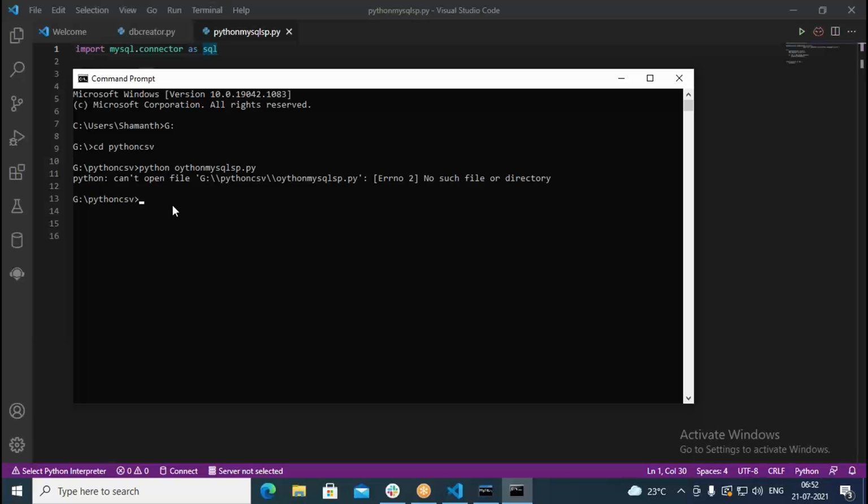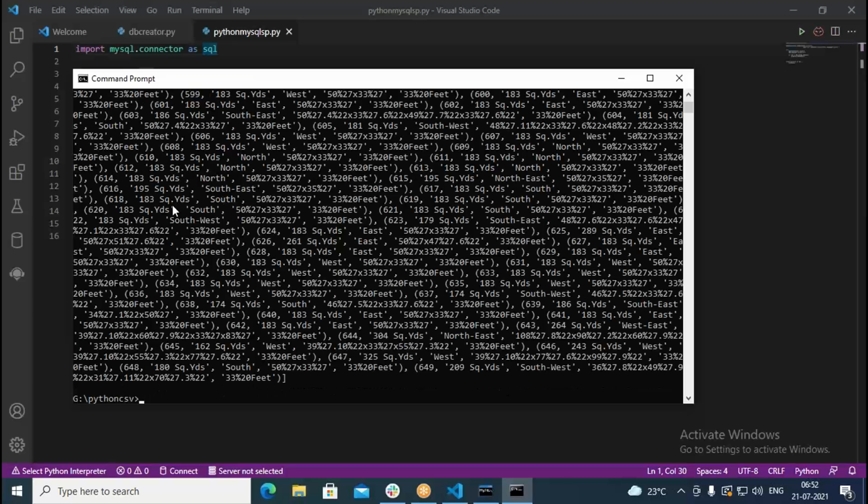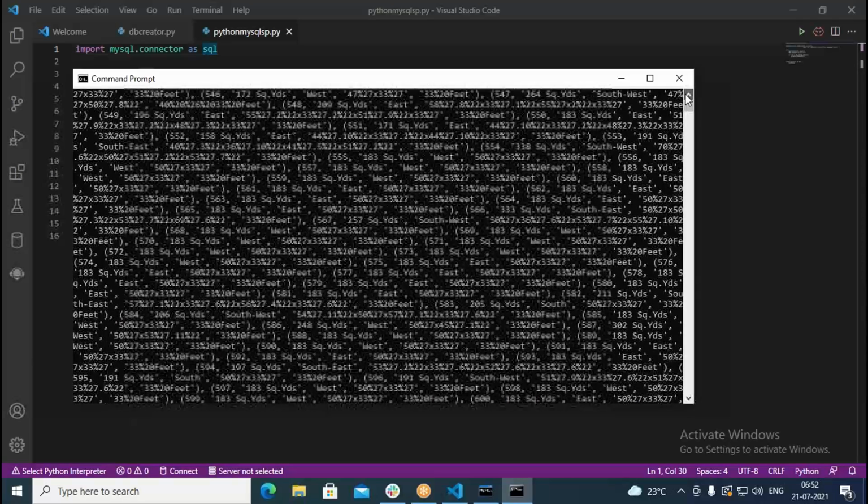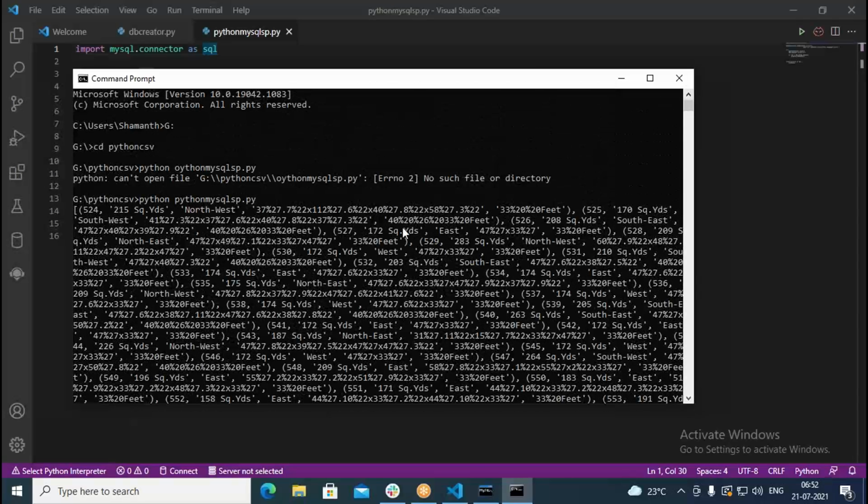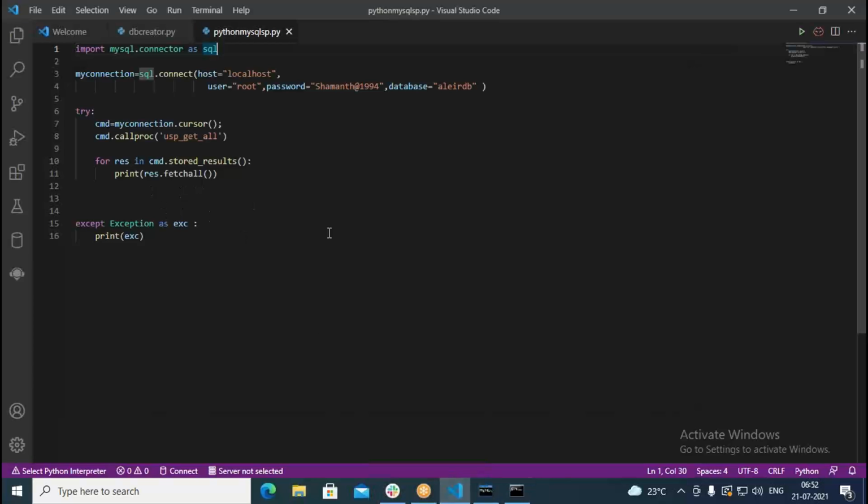It says an error; I think we are missing py, and due to that we are getting that problem. When we go with this, it shows data in this manner for us. Everything is like a tuple, and all the tuples are getting printed. Whenever we go with fetchall, it gives a list of tuples, so one by one, basically, we have to get them here.